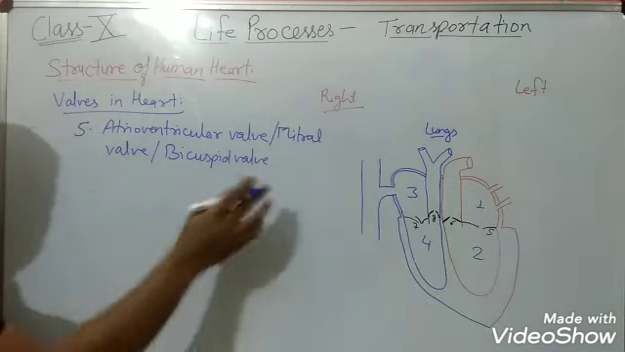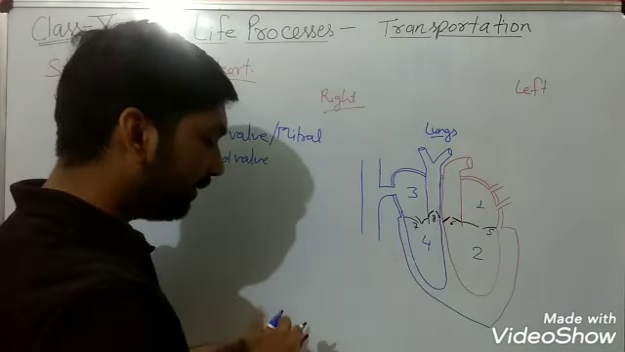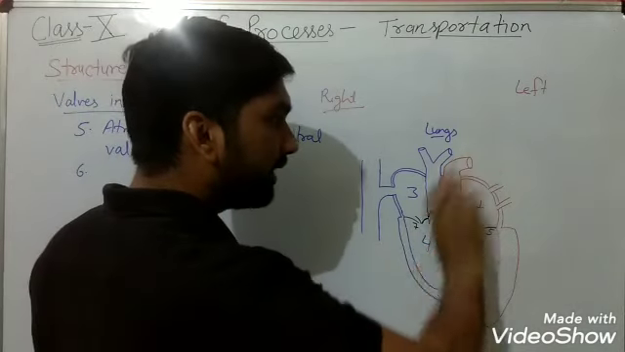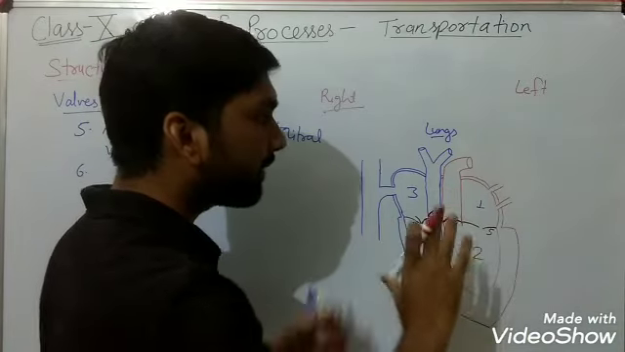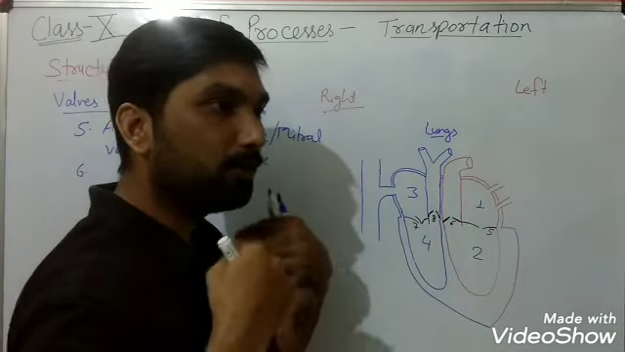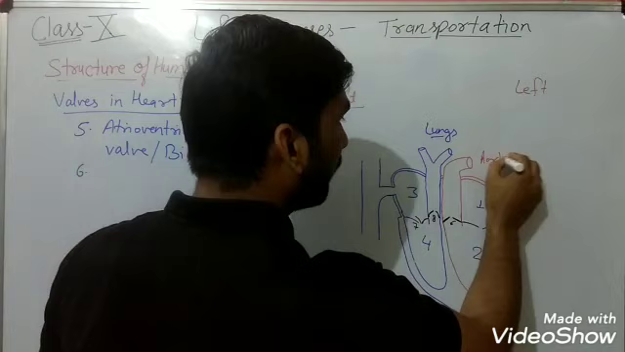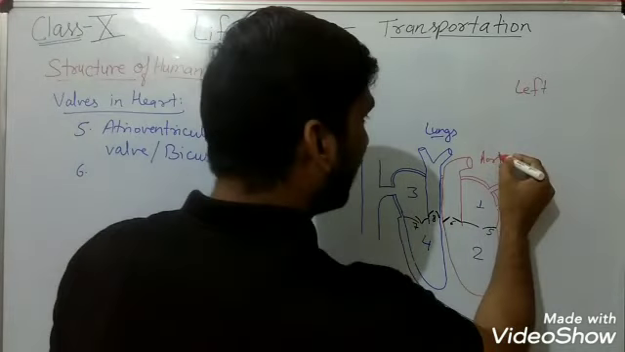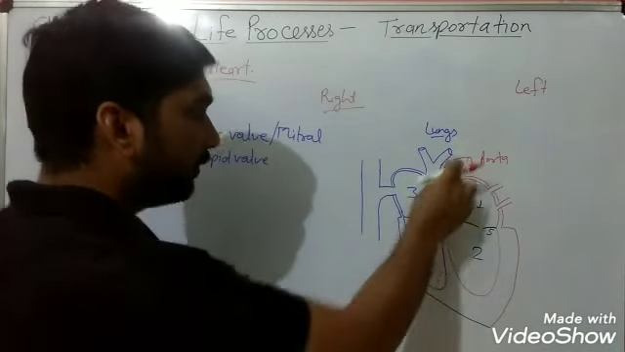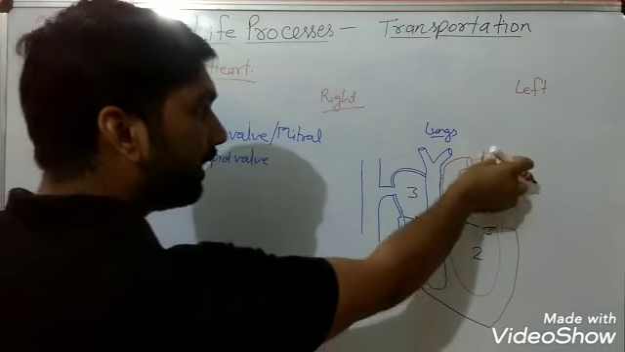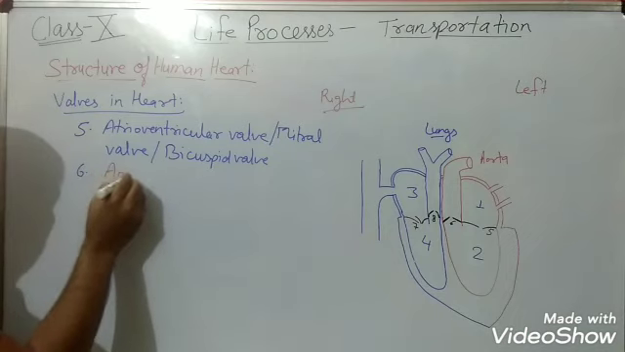Now we are going to see what number 6 is. This blood vessel is the main blood vessel which is carrying the blood away from the heart. So in the previous video we discussed that arteries are the blood vessels which are going to leave the heart. So this main artery is known as aorta. Aorta is the main artery which is going to leave the heart. So this valve, since it is present in the aorta, is also known as